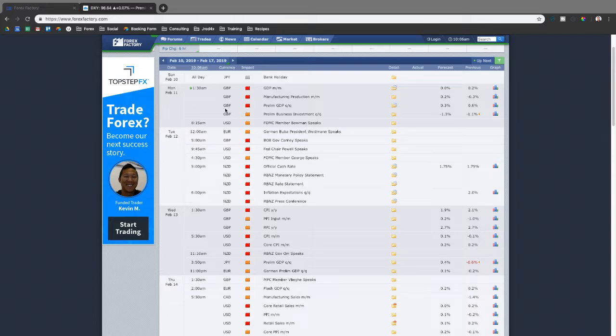But looking at the upcoming news releases for the week, you guys can see that tonight during London we should see some volatility in the cable, so British Pound USD. We've got 3 high impact news events for British Pound as well as a medium impact release, all coming out at 1:30 a.m. Pacific Standard Time. So a little late during London session, but nonetheless we should definitely see some injections of volatility for that pair